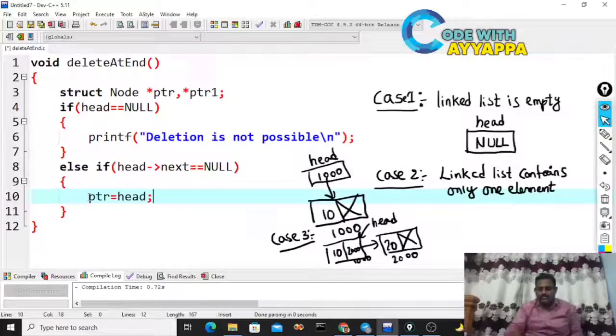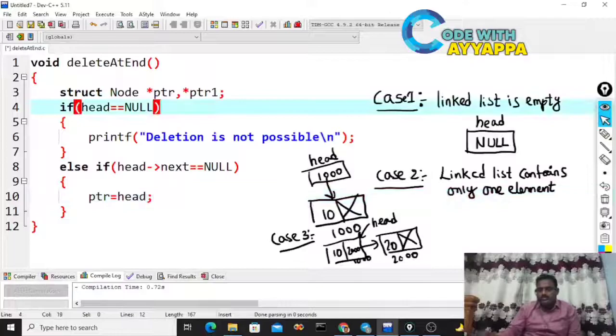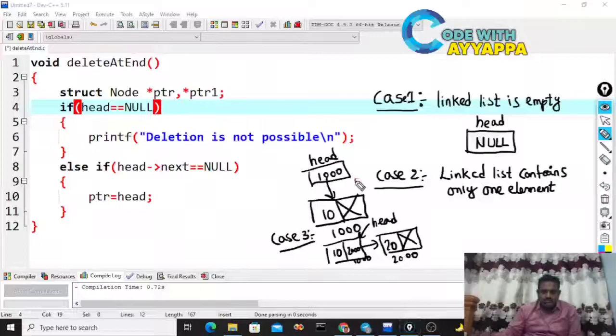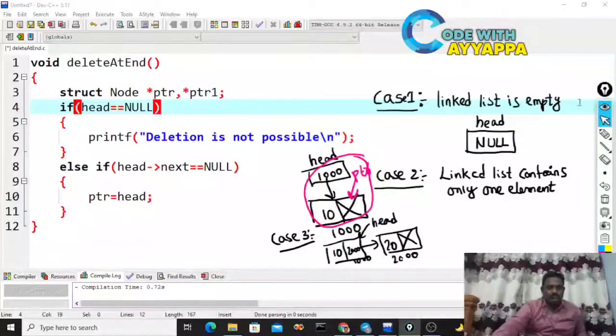So assign head address: ptr equal to head. Now observe here. This is the case. Now ptr is here. So if you delete this one, what will happen? The linked list is empty. So just write here